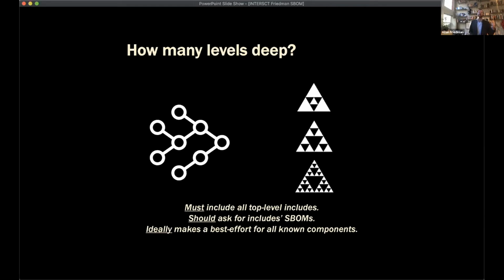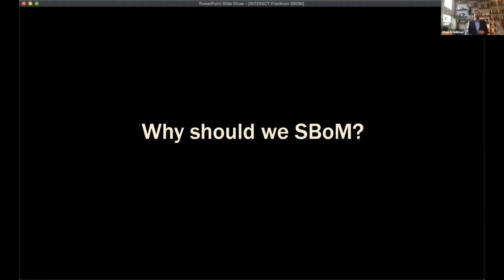Ideally, we'll be able to make a best effort for all known components. And that will do 2 things. One, that gets us the power of recursion, especially as we get into open source, or we can use tools like software composition analysis and binary analysis to get some better ideas of what's in these devices. And it also helps us say, well, let's at least try to get to the open source world. And once we're in the open source world, then it's a lot easier to get this kind of information, especially with some of the great work that's already happening in the open source community. So that's really what an SBOM is: here are the dependencies, here's the basic information about them, here's the limit of what I know and what I don't know.